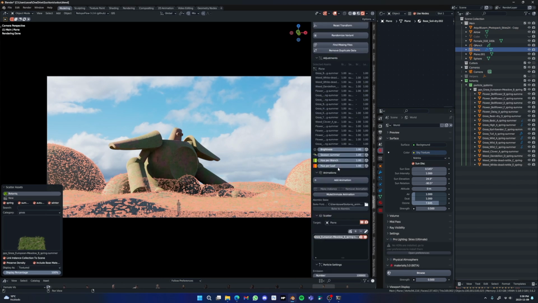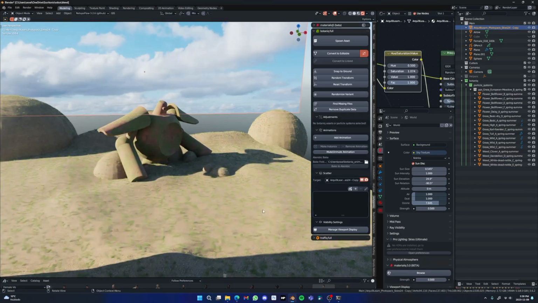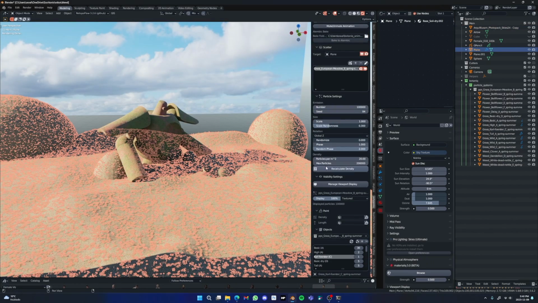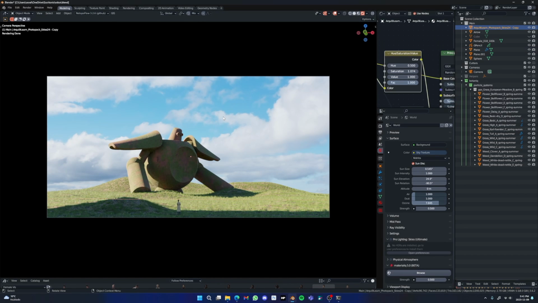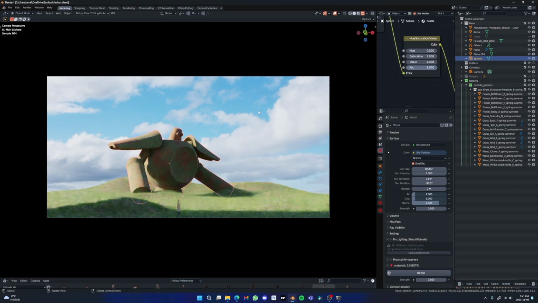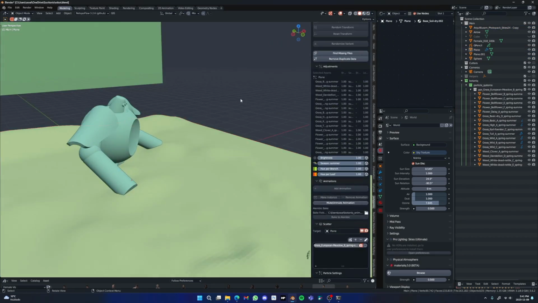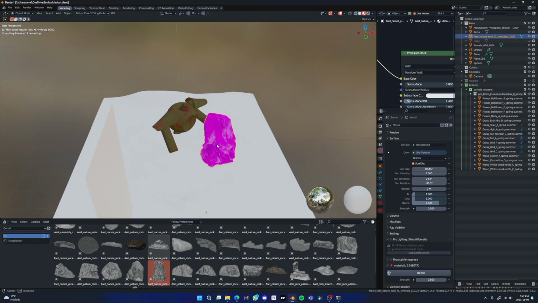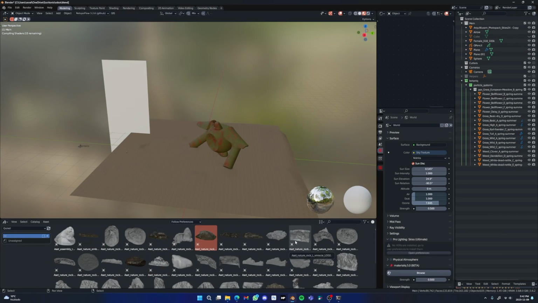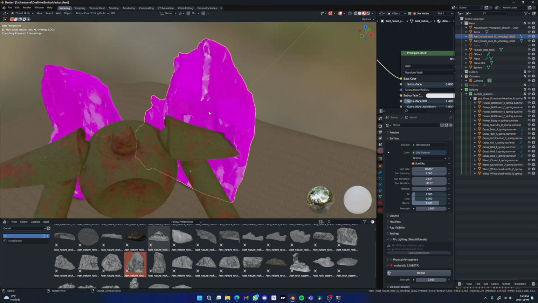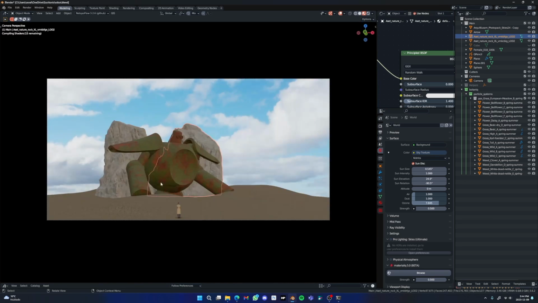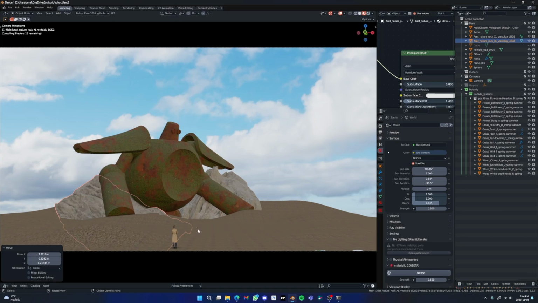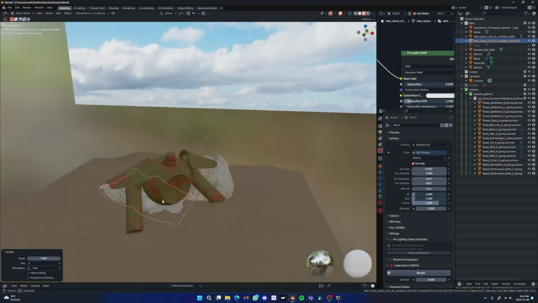So here I am using Botanic, the add-on, to create a quick grass scatter for the terrain. And here's where I decided that probably the spheres that I had wouldn't work in the end, so I just kept the ground plane with some grass. I tried to add some assets from the Megascans library that I had saved in the asset browser, but then I didn't like them, so I got rid of those two in a bit,